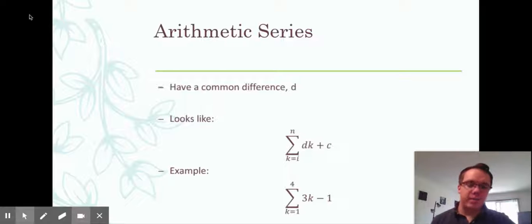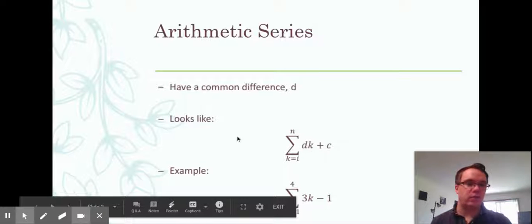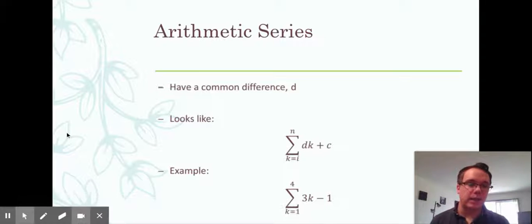So remember, an arithmetic sequence or an arithmetic series, remember a sequence is just the list of numbers, in a series we add them up. So for an arithmetic series, we're adding the same number over and over again. So we have that common difference, and that's D. And so it looks like our summation notation has a D times some number plus a C. So if you notice, that looks an awful lot like mx plus b. That's because arithmetic series where we add the same number every time